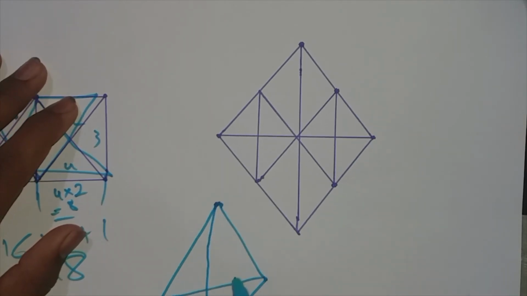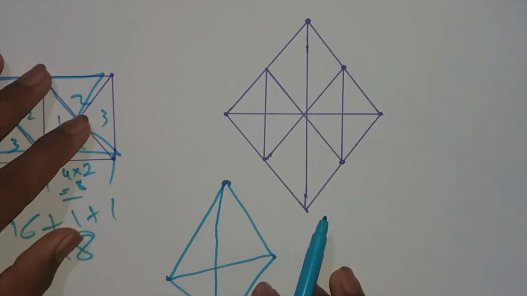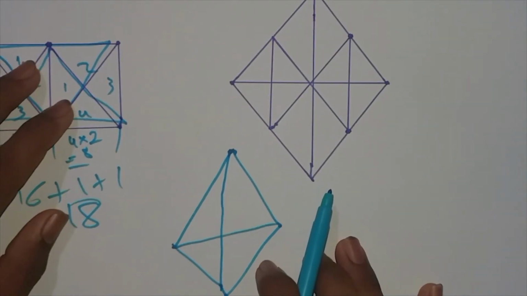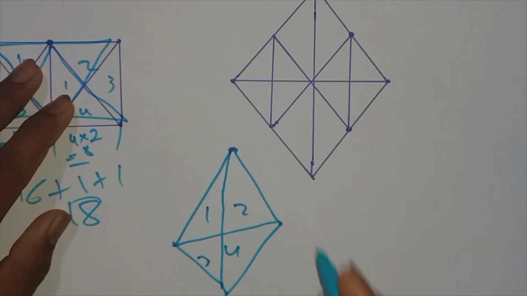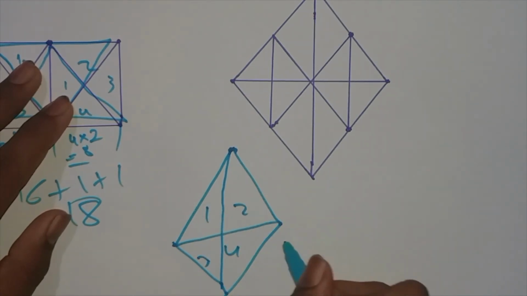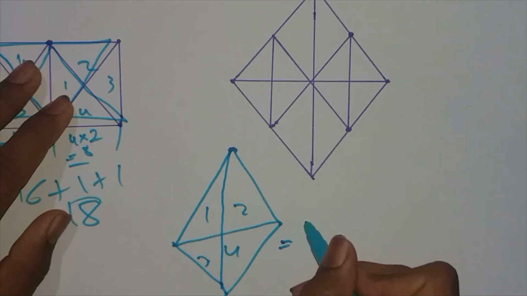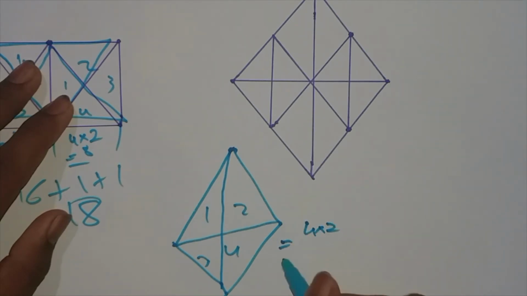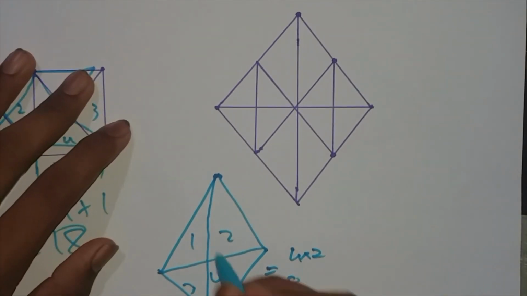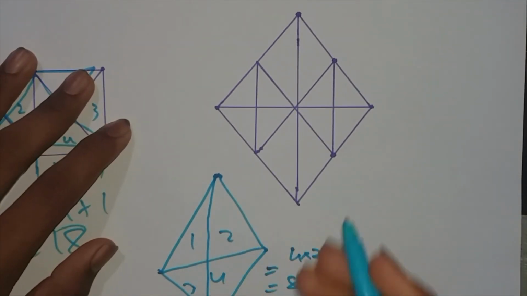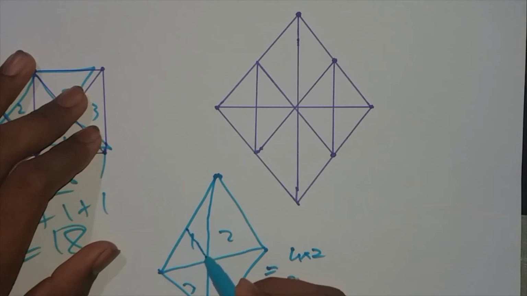right? As I previously told you that it has 4 parts, right? So 1, 2, 3, 4. As I told you, make a double of it. That means 4 into 2, that is equal to 8. It is completed. So for this triangle I have drawn extensions. That means like this.